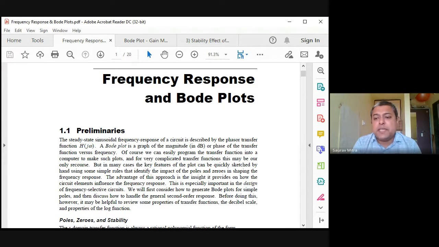Another type, or second type, of Bode plot you will be finding: the numerator might be given as s plus 3, s plus 5. It's okay. The denominator might be given as some complex poles and zeros, that is s square plus 4s plus 13. Possible. That is s plus 2 plus 3j or s plus 2 minus 3j. Those kinds of things might be given.